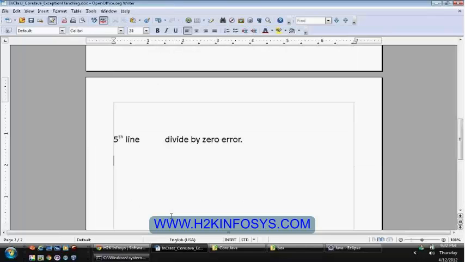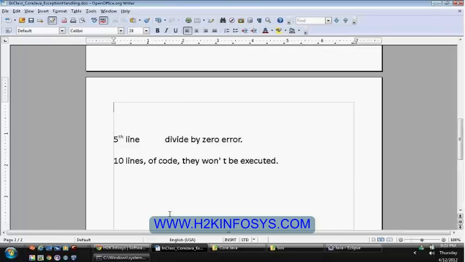Then the remaining 10 lines of code won't be executed at all, because once an exception or error has arisen, program execution will terminate, and control will transfer out of the main method. In the sense, it will terminate the whole program itself.